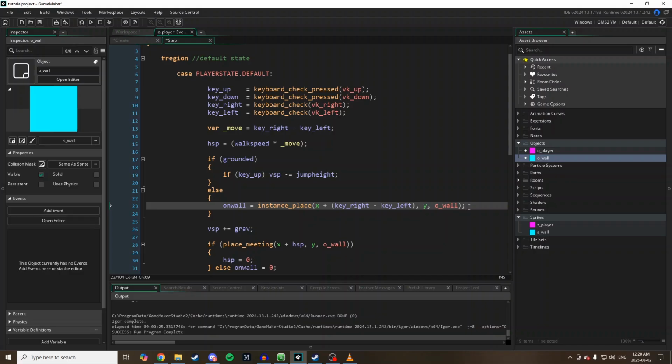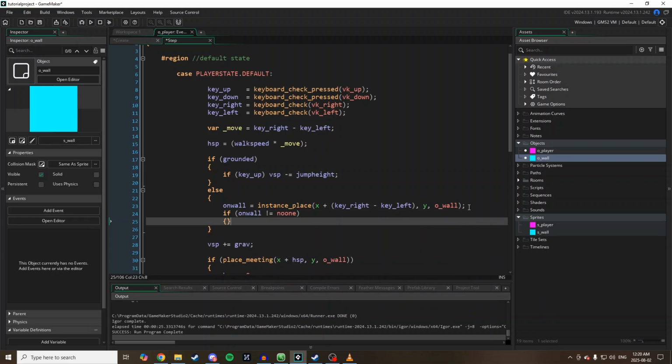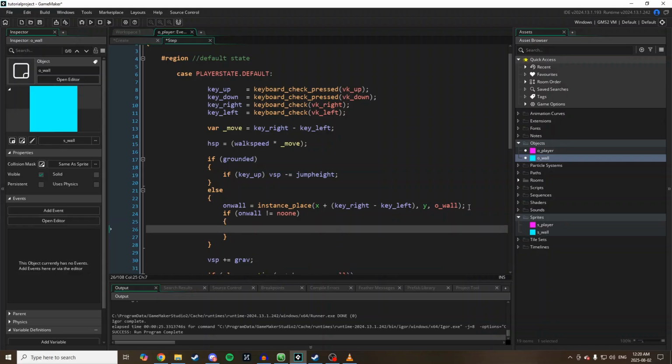But now that we have done this, we are just going to check to see if onWall equals noone. So if onWall does not equal noone, which means that we have found a wall. We have found a wall in this position, and we have stored its ID in this variable, and now we are checking to see if an ID was actually found. And if an ID was actually found, I'm then going to go if